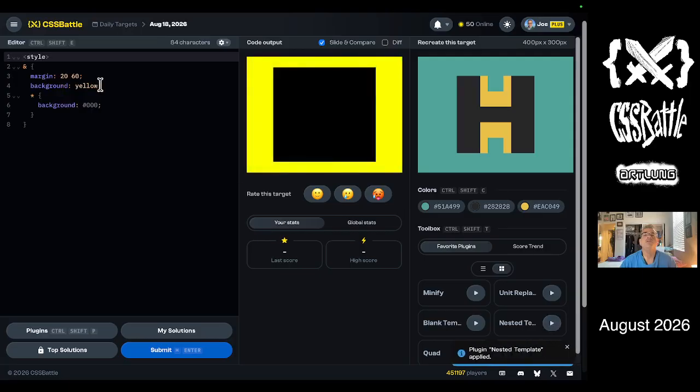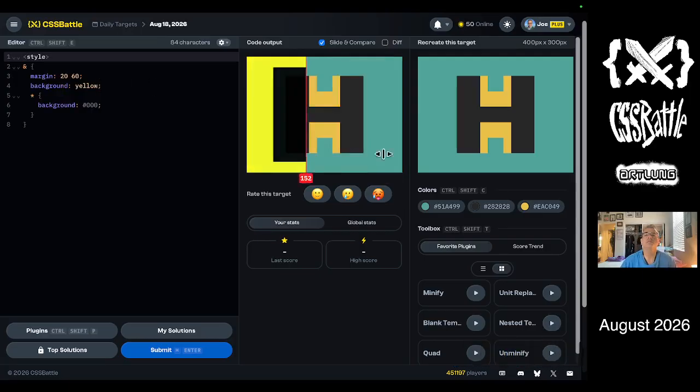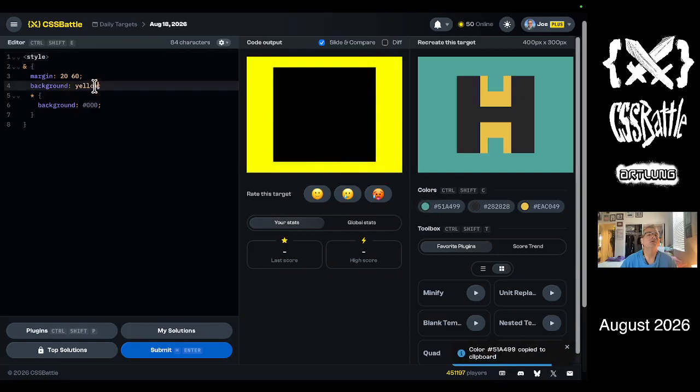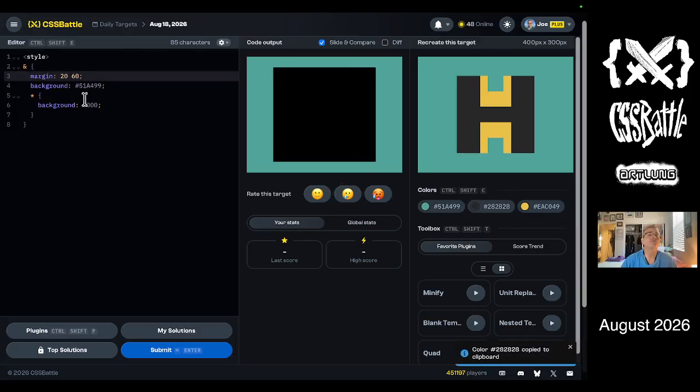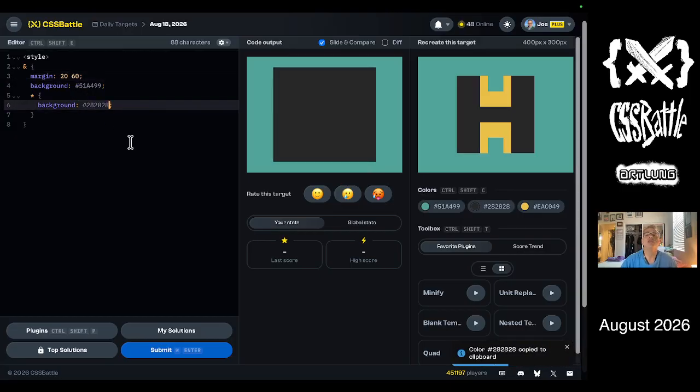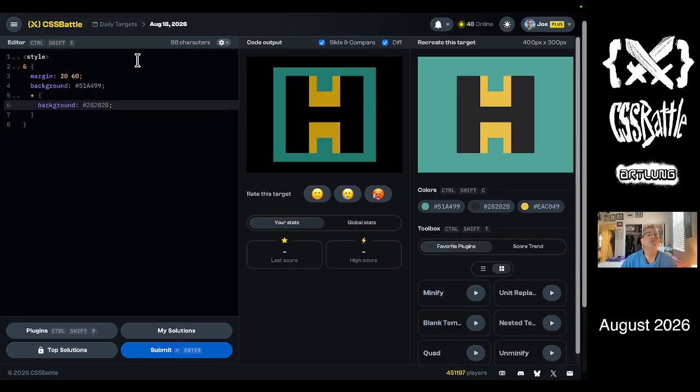I find myself wanting to do the nested template and see how that goes. All right. So nested template is the HTML and the HTML and body elements. So here's where we start with that. We have this light green on the HTML element and then the brown color. So I'm going to use margins to narrow down the body